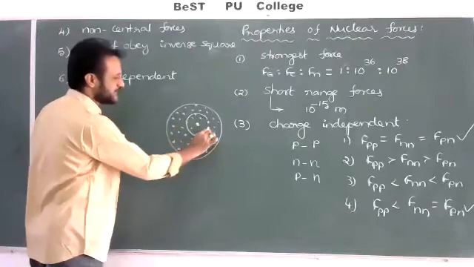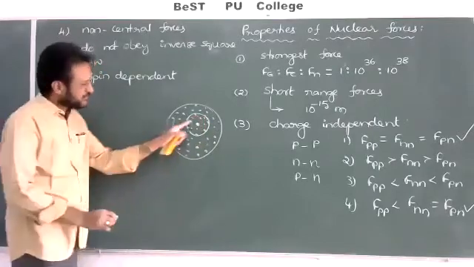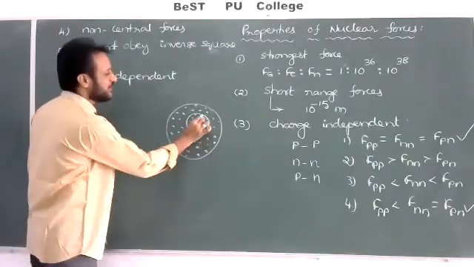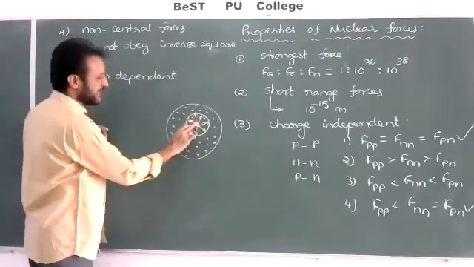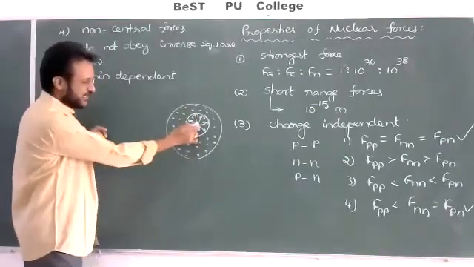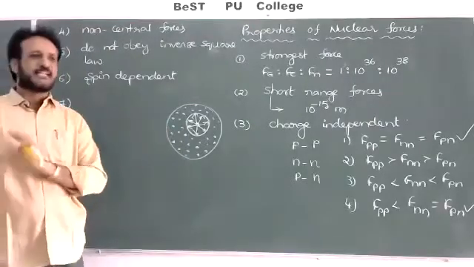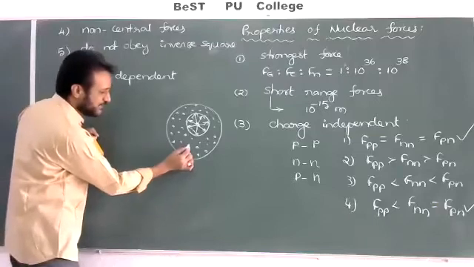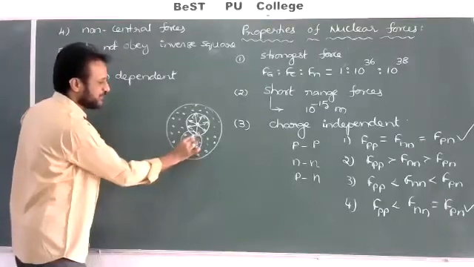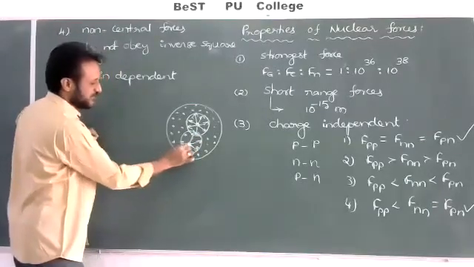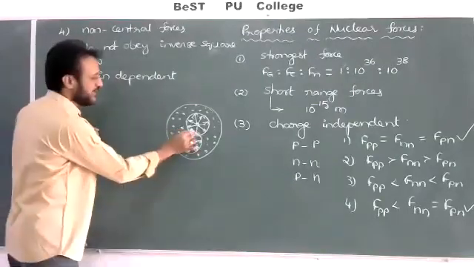If you draw one sphere like this, inside the sphere there are some protons and neutrons. This proton or neutron can attract only the nucleons within this sphere. Once you go outside, this nucleon cannot attract that last nucleon. There will be no direct physical interaction between these two. But if you choose this nucleon, it can attract the nucleons around it like this, correct? And if I choose one more nucleon here, it will attract its neighbors like this.